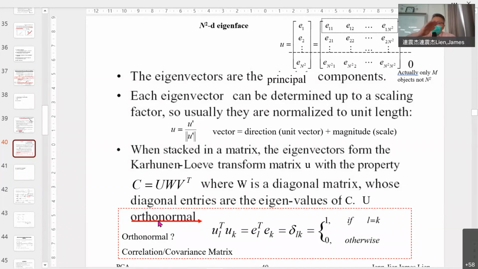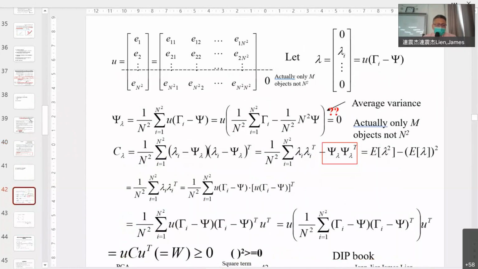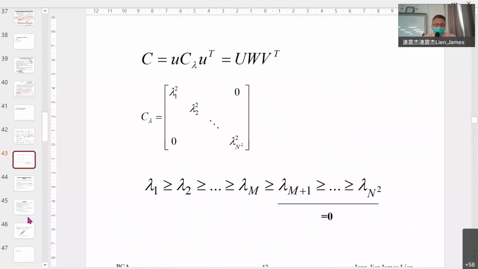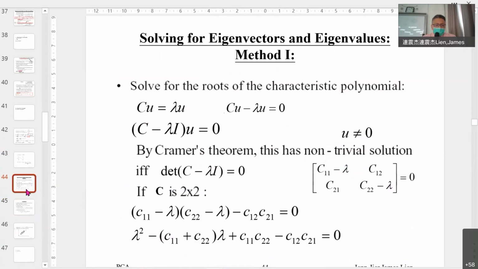Orthonormal meaning the x is independent to y，两个不互相影响，才可以拆解出来。拆解你才办法算，不拆解你没办法算，所以要 orthonormal。So eigenvector 1 orthonormal to eigenvector 2 这样子。好，那这个你自己看，这个就不讲了。那这是一个一般的数学式啊，一般 how can we solve